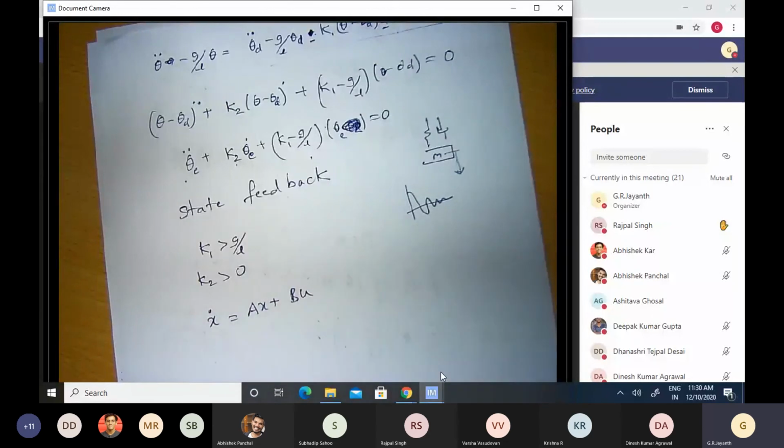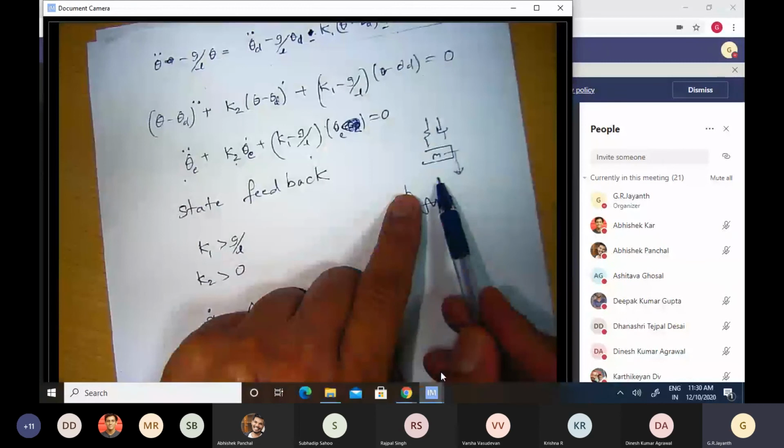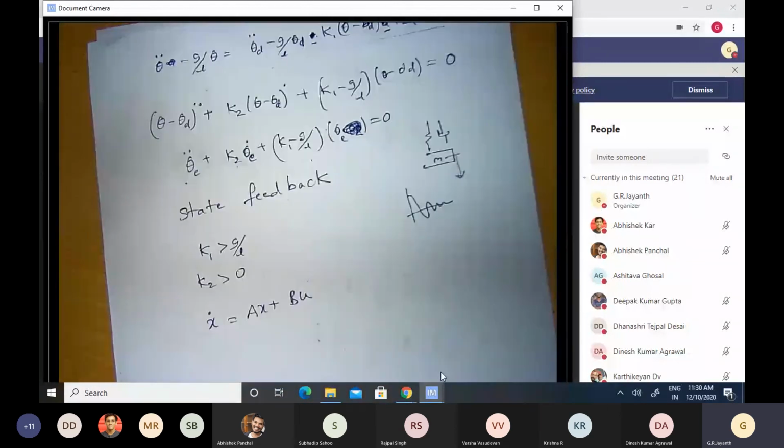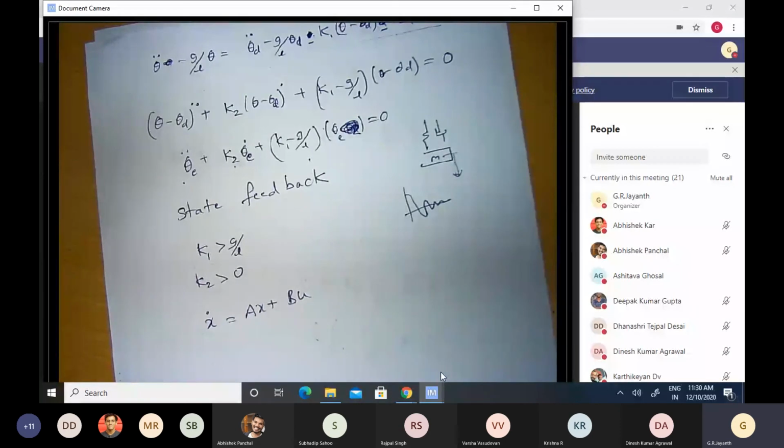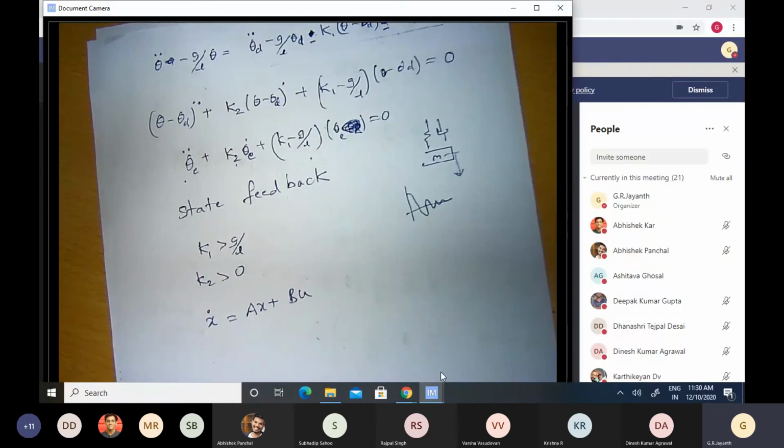Okay. Okay, sir. Physically, how to imagine it? Now I get your question. Firstly, you cannot imagine it using the same model, because if you have an integral term, then that will make this a third order system, not a second order system. So this model is not valid anymore. Now, can you imagine a physical third order system with the same differential equation as this one? At the moment, I'm not able to do it.